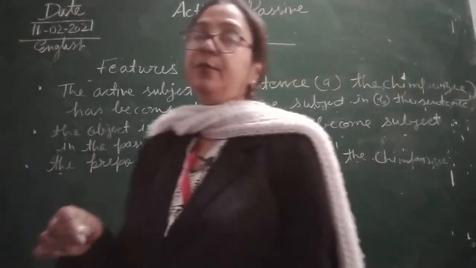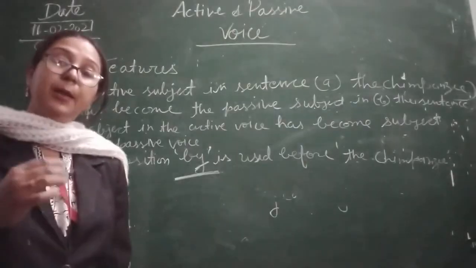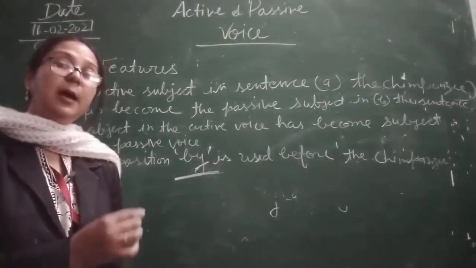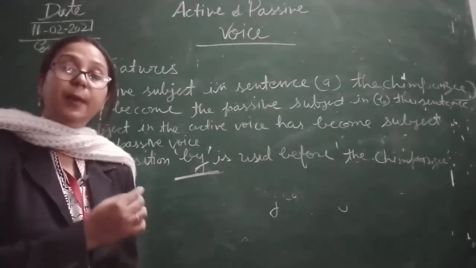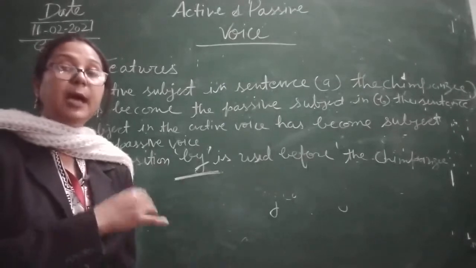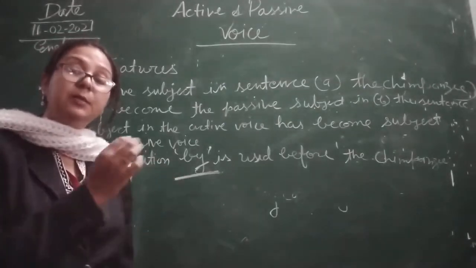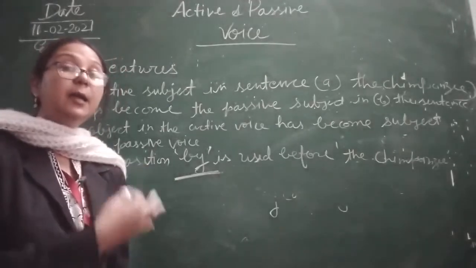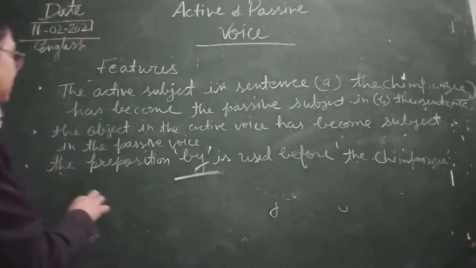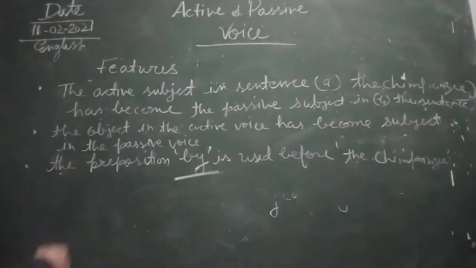Okay. Now if we see the same example, that is a banana is being eaten by chimpanzee. By chimpanzee, it means the subject becomes object and object becomes subject. So who has eaten the banana? Chimpanzee, by chimpanzee. Now here the preposition by is used before the chimpanzee, as we have done. So children, now